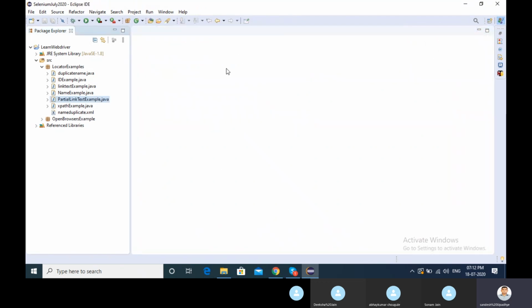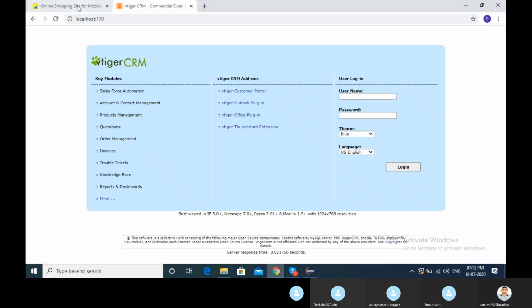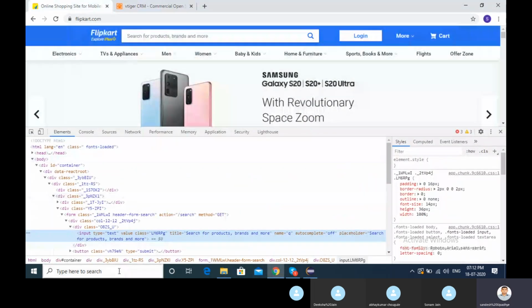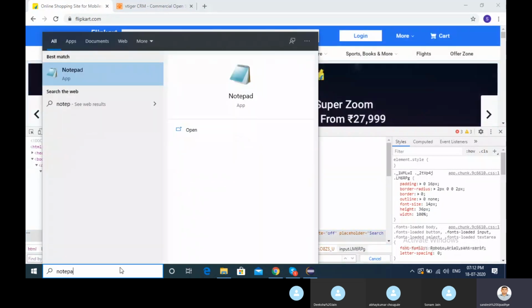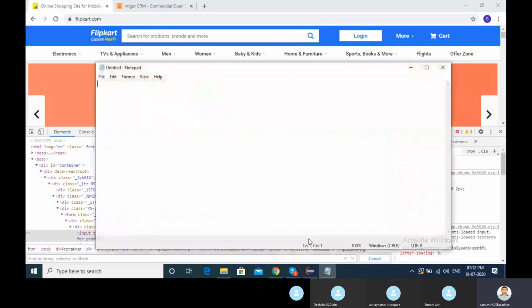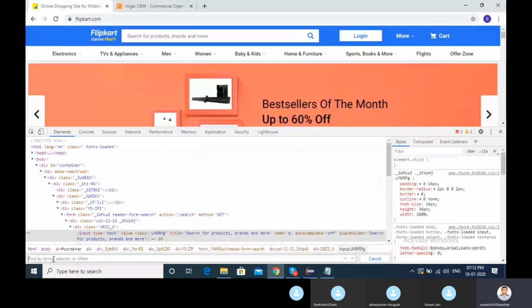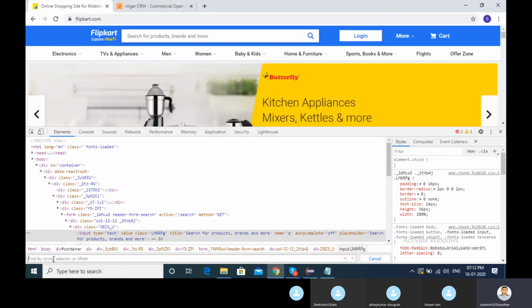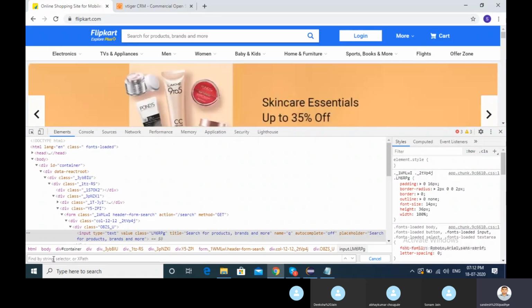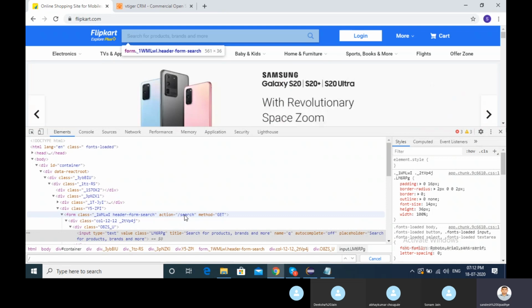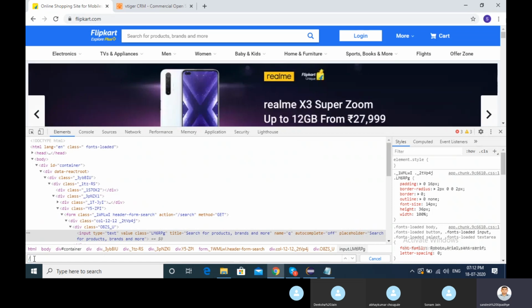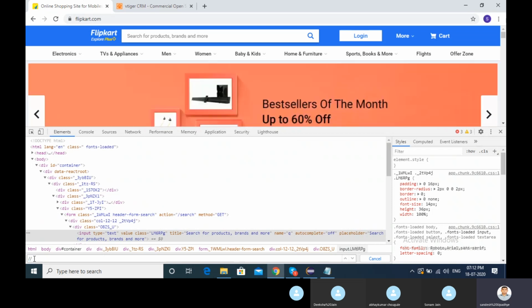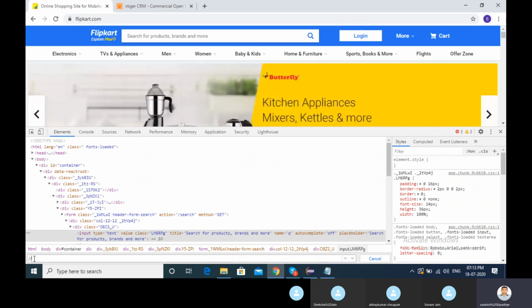let me close everything. And there are a few techniques we saw previously. Let me open one notepad. We saw that if we want to find XPath, we want to press Control plus F. Once we press Control plus F, there is a text box coming here, and here if you want to find any XPath, you put double forward slash, correct?